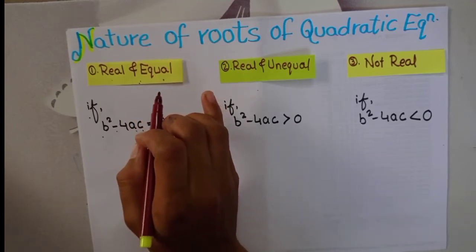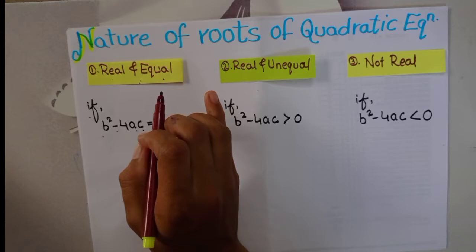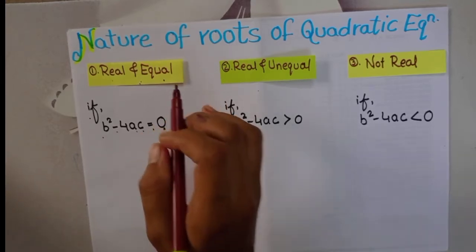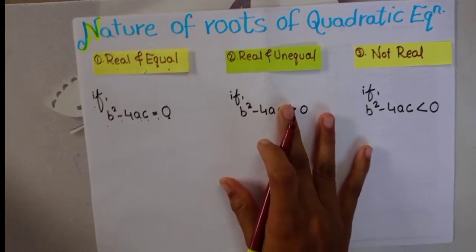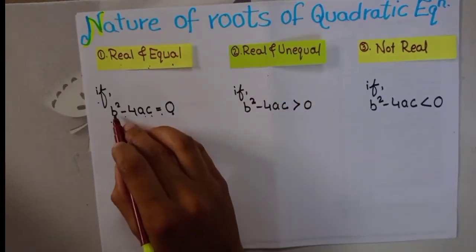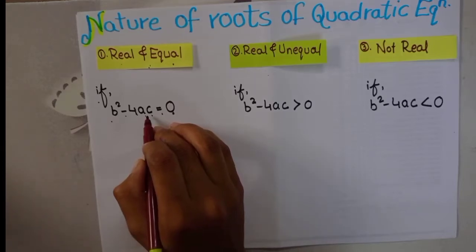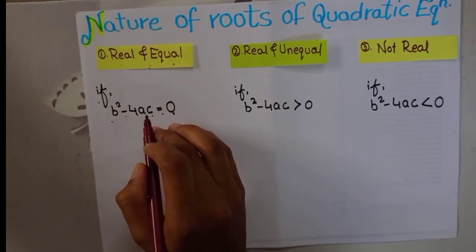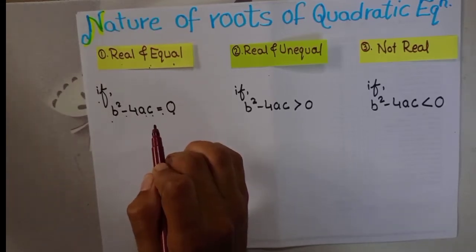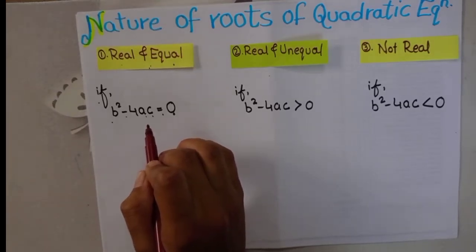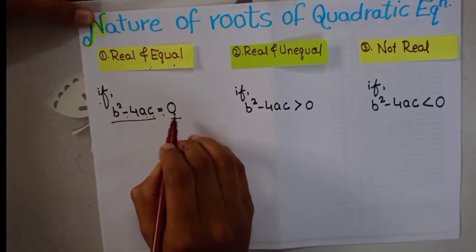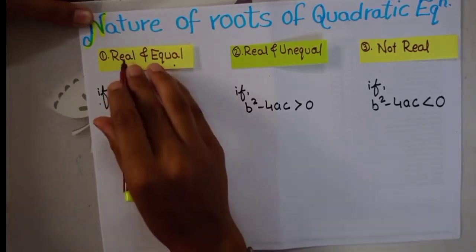In the last video we found the solutions of a quadratic equation by the formula method. In that method, first we found the value of b square minus 4ac, and then we put this value in the formula, minus b plus or minus root over b square minus 4ac, by 2a. In this way, if this value is equal to 0, then we can tell the roots are real and equal.